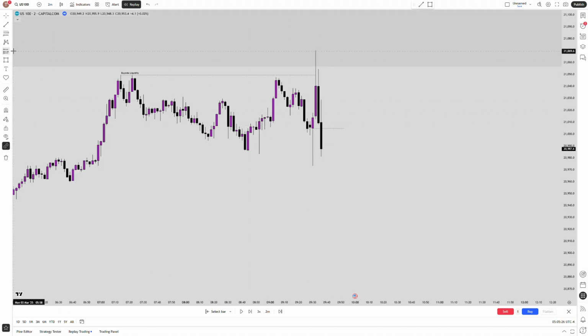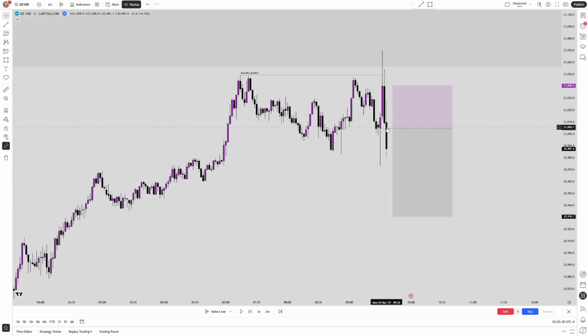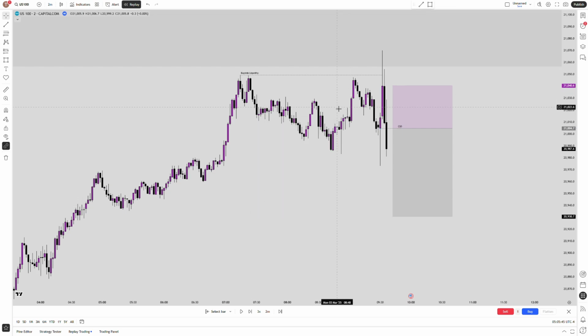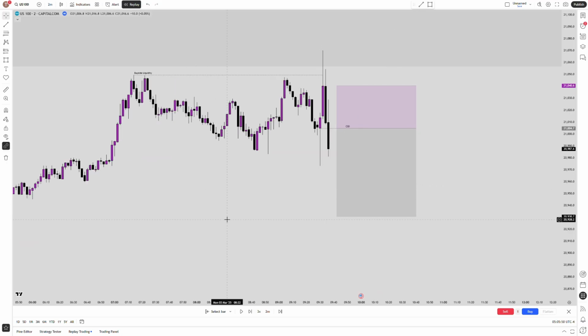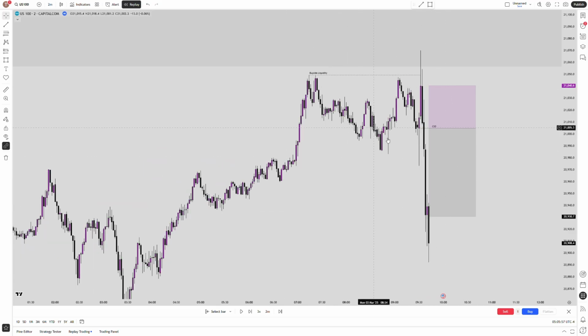Now we want to see price go for the short positions, and we are going to keep our stop loss above these highs and go for 2R. This is just a change in the state of delivery. Also, we have that AMD pattern happening, with the consolidation, we took out the high, touching the high time frame key level, and then we are just going lower. So boom, we just hit our targets. This is how you can trade the change in the state of delivery.